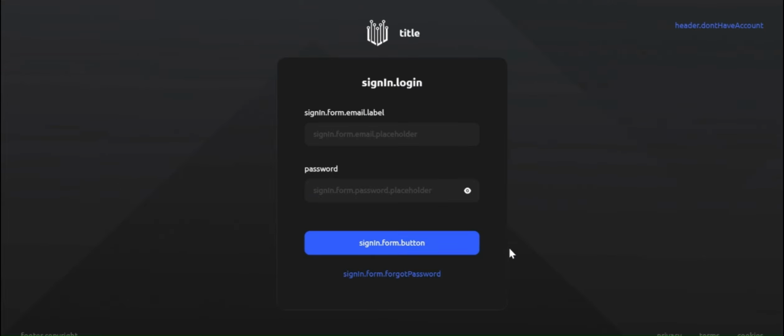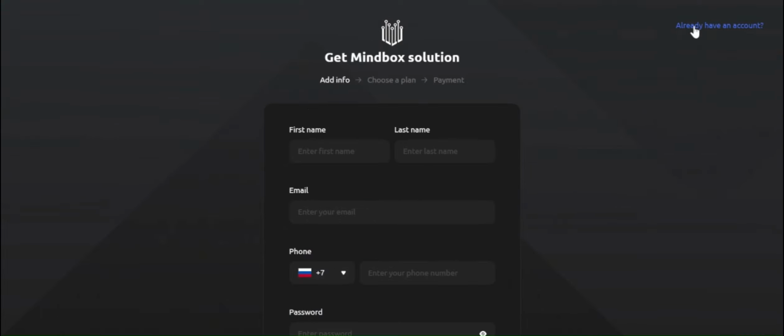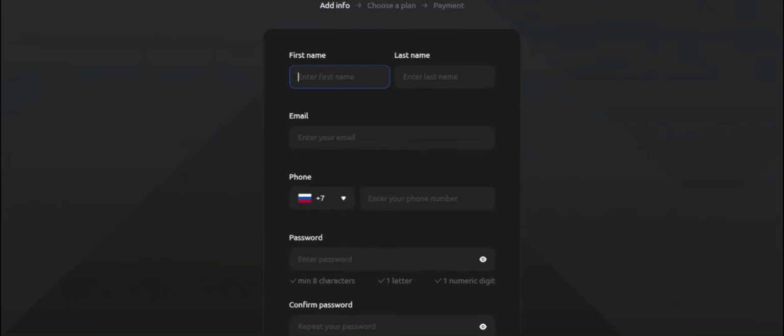If you don't have an account on this cloud platform, you can also create your own. You just have to click on don't have an account. Now, you have to add the details, enter the email address, your phone number.